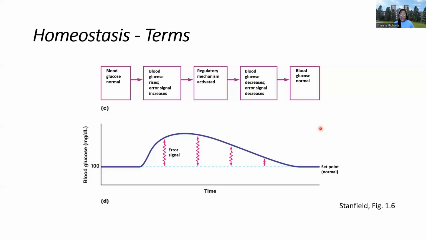At a set point, we've got a shift from the set point, which can be up or down. By the way, it can be up or it can be down. If blood glucose drops, right, if someone becomes hypoglycemic, that's going to trigger a different type of error signal, which is going to serve to bring it back up and correct that error signal and bring it back to the set